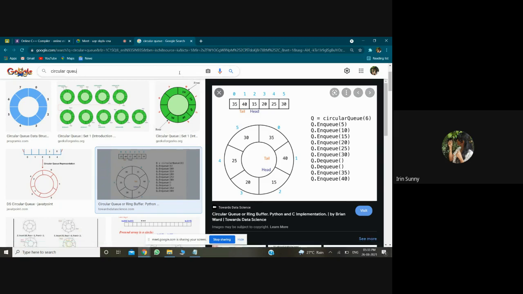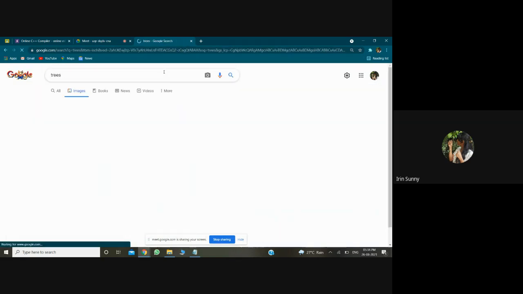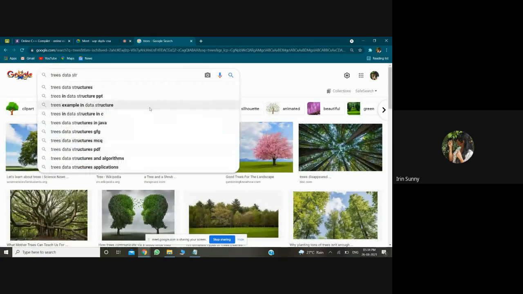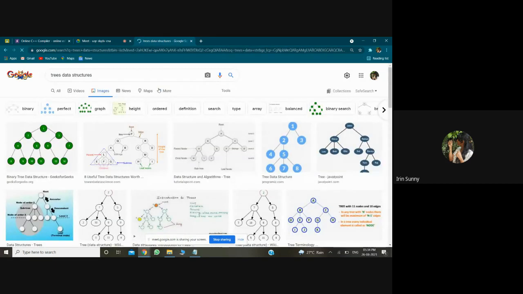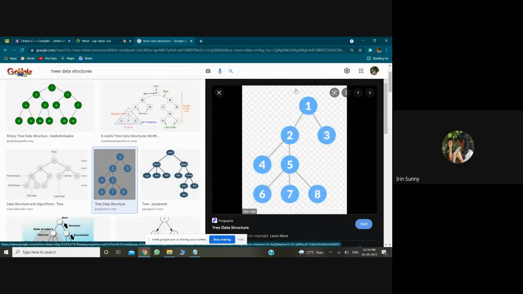The next concept I mentioned is trees. This is a tree. The speciality of a tree is this root node. Each circle is known as a node in a tree.